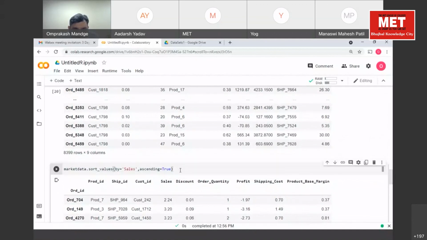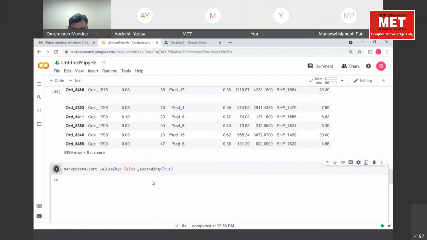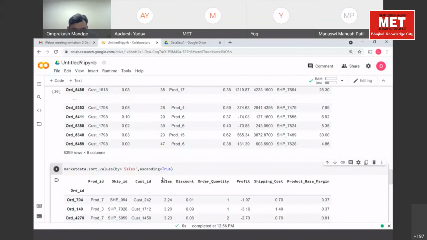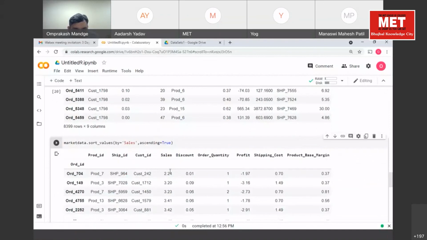Yes, correct. So here, in the first column, there is order ID, right? Order 704, order underscore 149. I'm not getting those values. What I'm getting is 6700, 4631, 817, 552 like this, using the same code. I think he has not replaced it. What I put in the chat: index order.